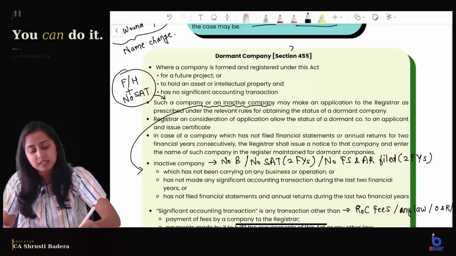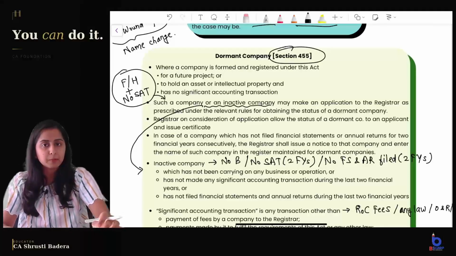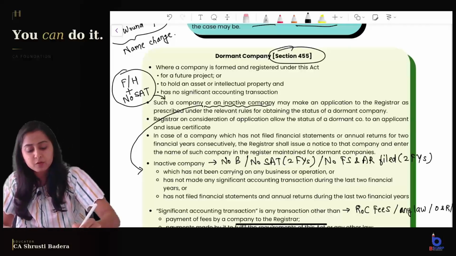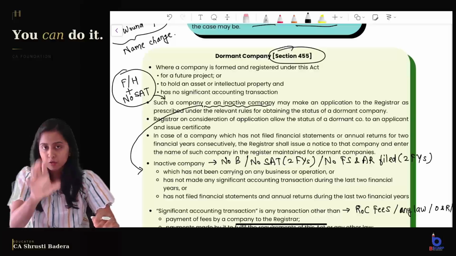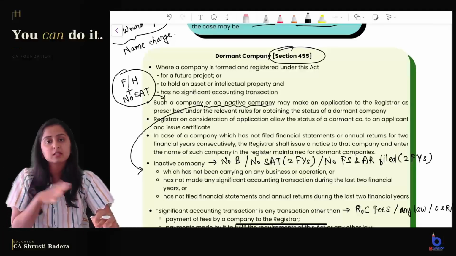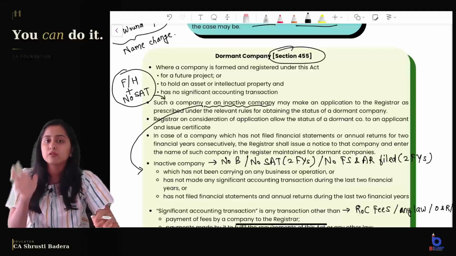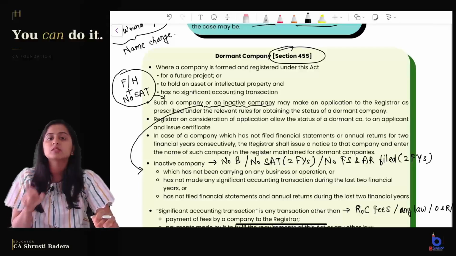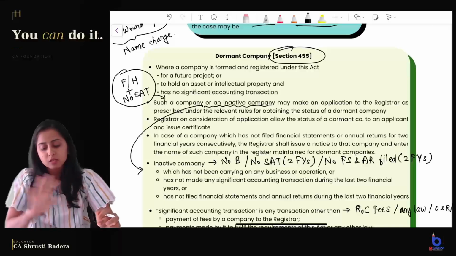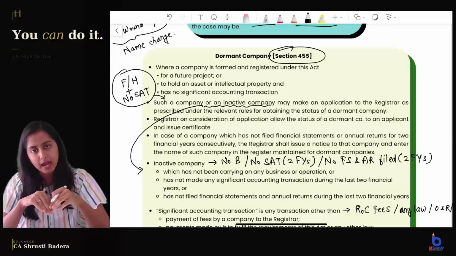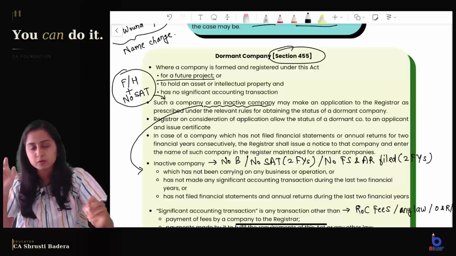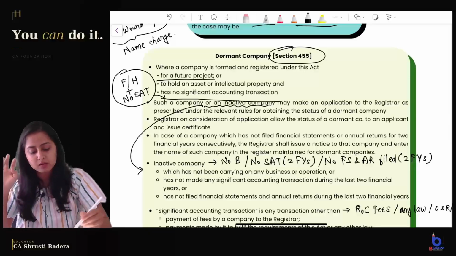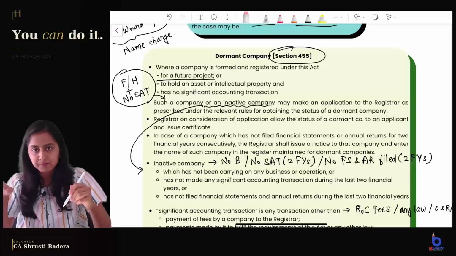What is a dormant company? Section 455 is given for dormant company. There is no Section 2 clause. It is Section 455, where a company is formed and registered under this act for a future project or to hold an asset or intellectual property, and it has no significant accounting transaction. Okay. So where a company is formed and registered under this act, and this is for a future project or to hold an asset or intellectual property, and it has no significant accounting transaction, then such a company,